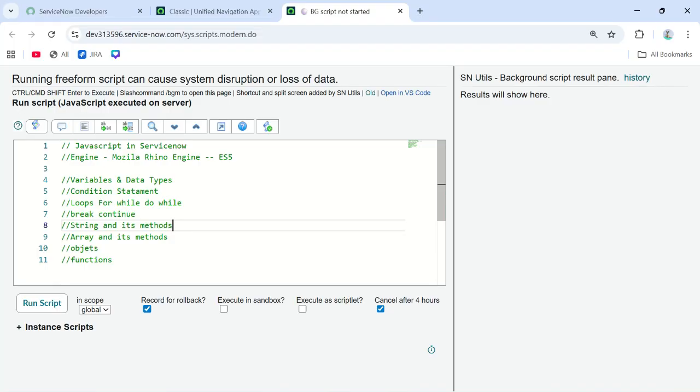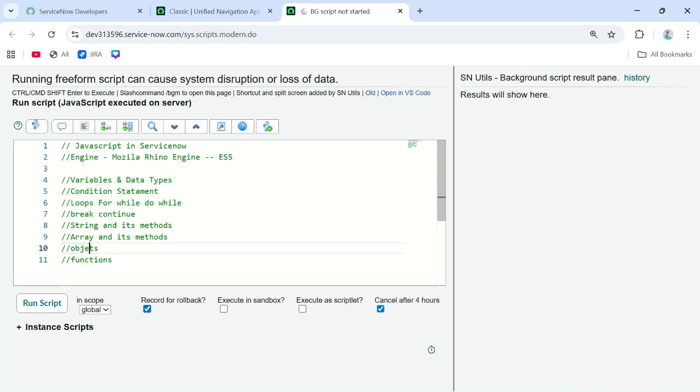Similarly in array as well, like how to use an array, how to loop through an array, how to use push, pop, shift, unshift in an array. And we will also see the use cases of an array, which are commonly asked in interview questions as well. Thereafter, one of the most important things, very commonly used, where a lot of people get confused,